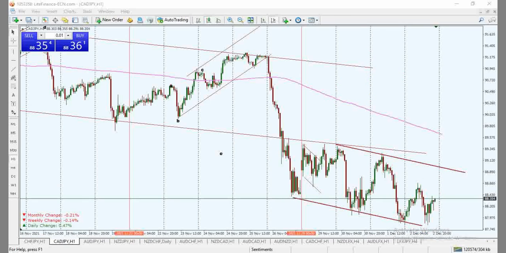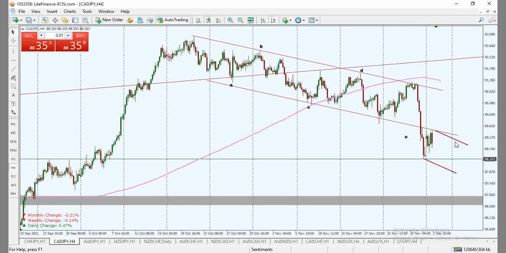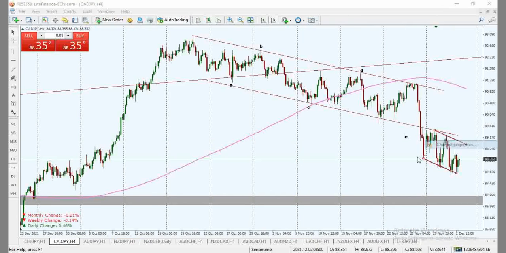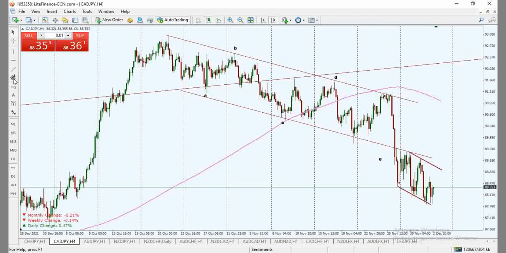So what's it gonna be, guys? What's the next move for CAD JPY? This one here looks a little bit off. I would say it looks a little bit off because I'm looking at more opportunity for price to break to the downside. If we could also have it that price could then move up in this zone, I think I would be most careful in how I approach this on a longer term.